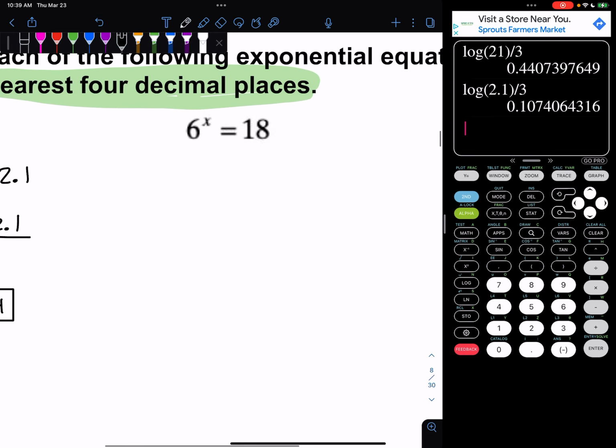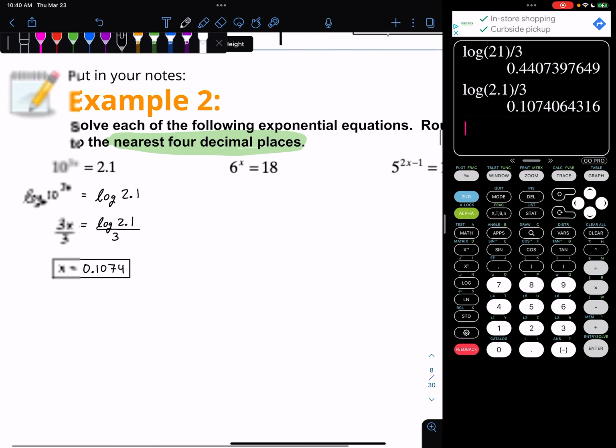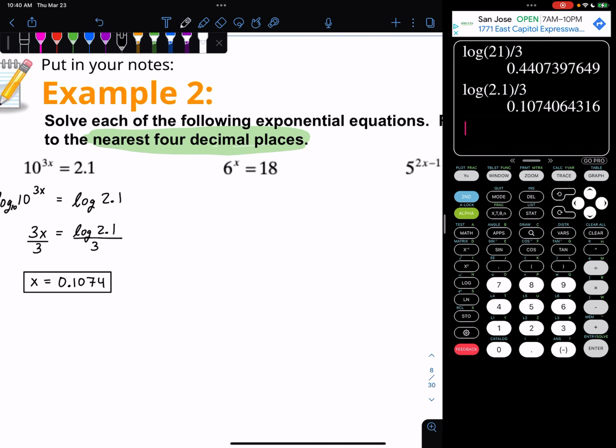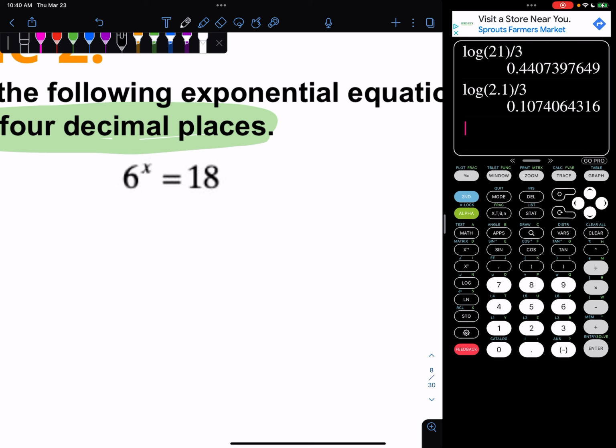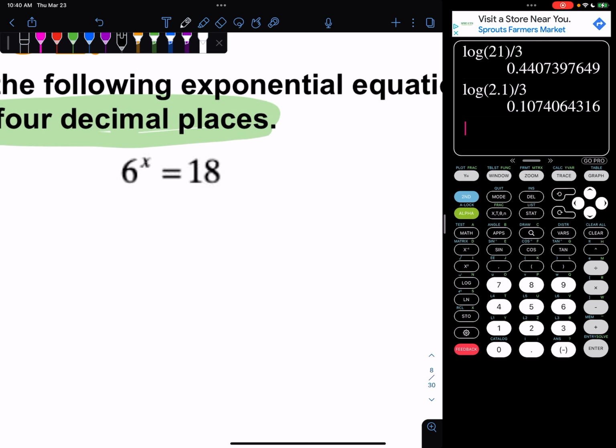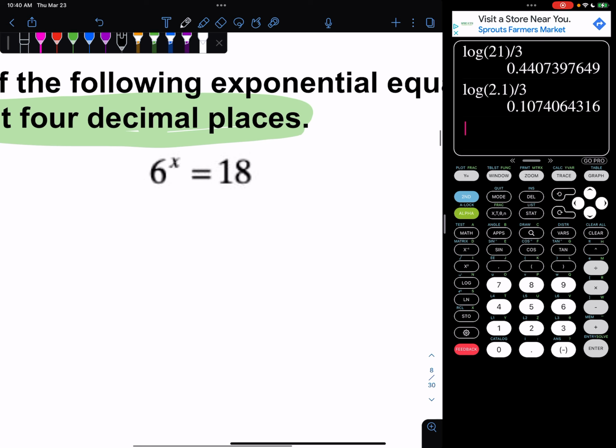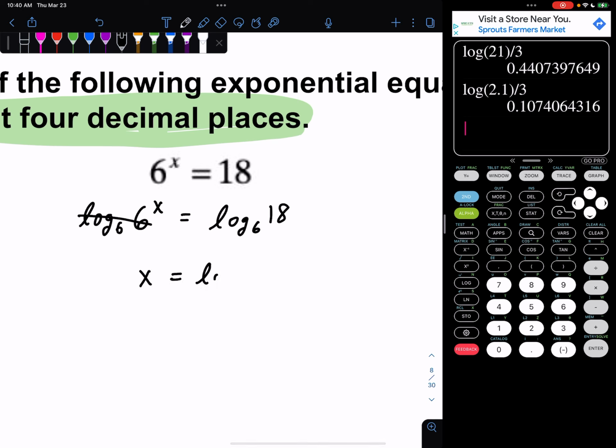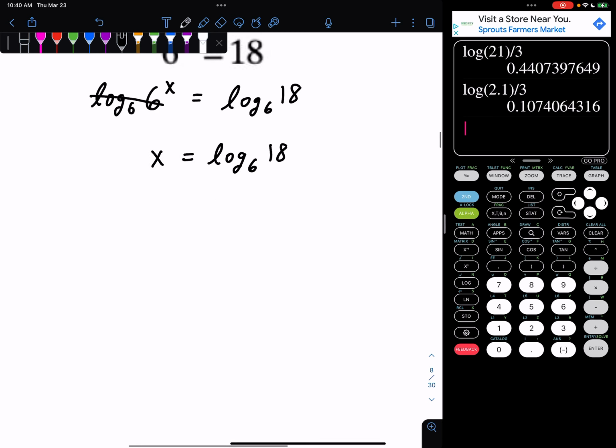All right, next up, middle problem. If you need to pause so you can keep writing, go ahead. Middle problem. So we're going to do the same log base. Notice this is 6 to the power x. So instead of log 10, if I put log base 6 of 6 to the 8x, look what's going to happen. Log base 6 of 18. Well, the 6's cancel. The x is going to be log base 6 of 18, which your calculator can type just like that. But if for whatever reason your calculator can't type that,